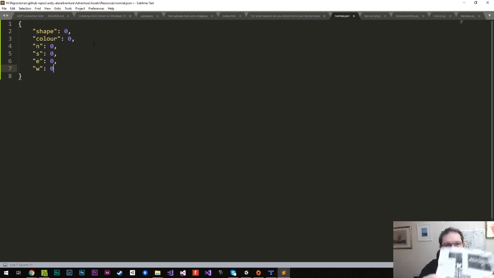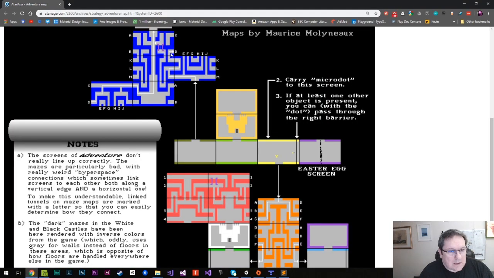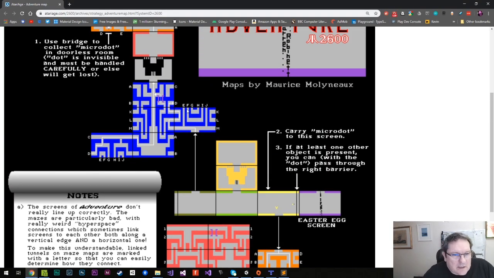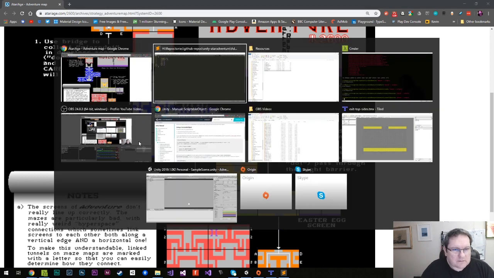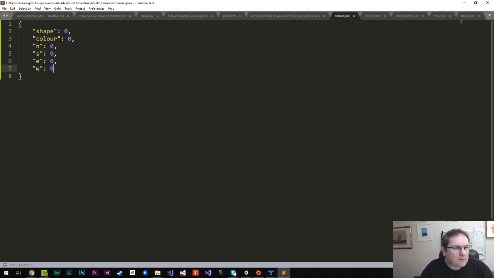Because we're going to get a little bit of a tricky situation when we get to, I'll show you in this map actually. This map here, so you'll see that you've got these letters here, so C goes to C, D goes to D, so that should be okay. The only problem is that, oh no, that should be okay actually. Yeah, I think north, south, east, west we can get away with, because AB goes to here. Yeah, I think we should be fine, because everything else is blocked off. So yeah, I was worried about something else. Anyway, for an exit that we don't have, we just do -1, and that means that there's no exit there. So this is our first